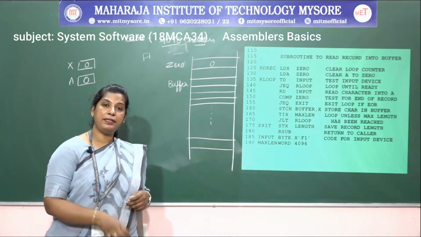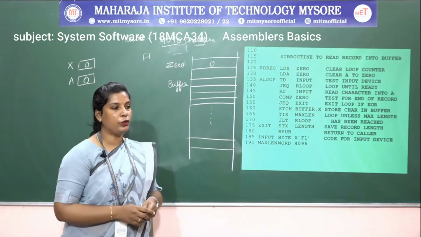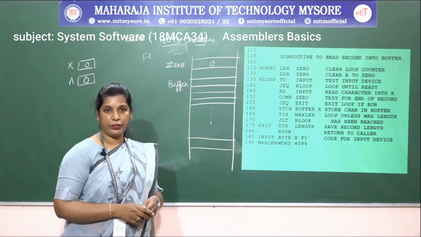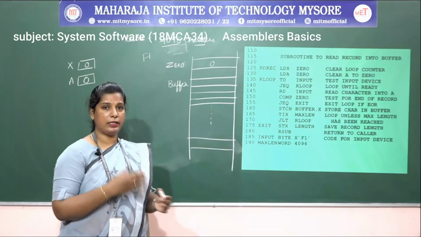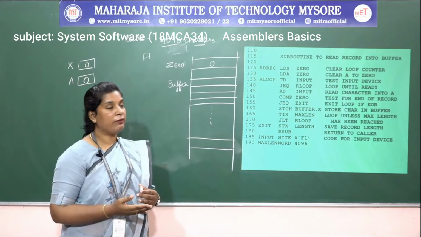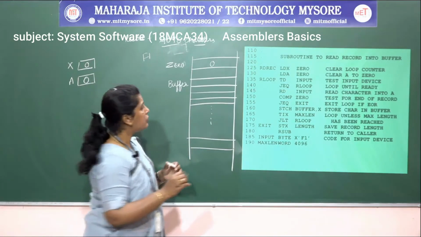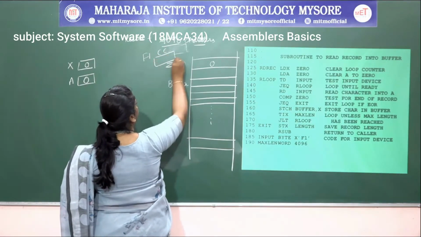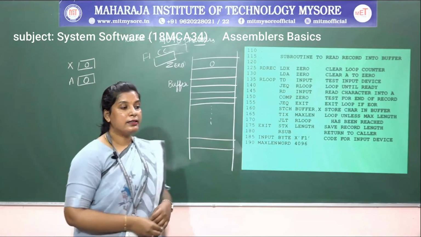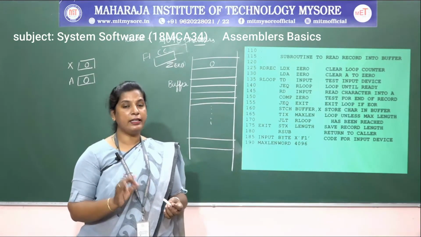If the device is busy, because all the input and output devices have their own input-output queue, sometimes it might be busy. At that time, it is going to set the condition code flag bit as equal. So for test device, I want to put that in an infinite loop. After testing that device, the condition code flag bit is going to be set to either equal, 0, equal or less than. If it is less than, it means the device is ready.